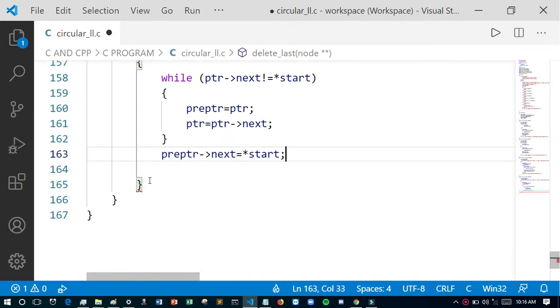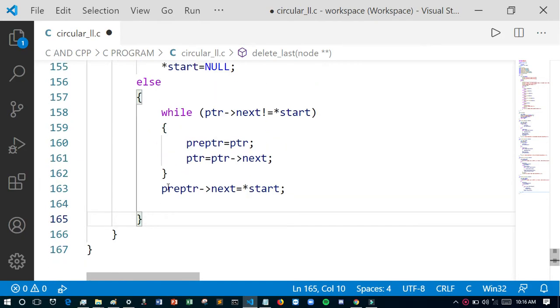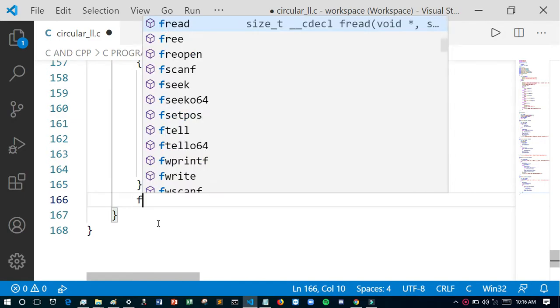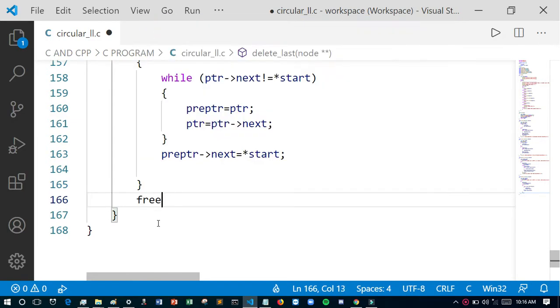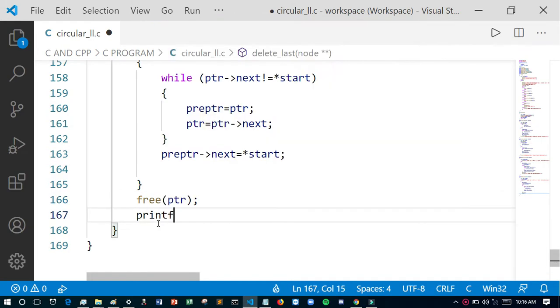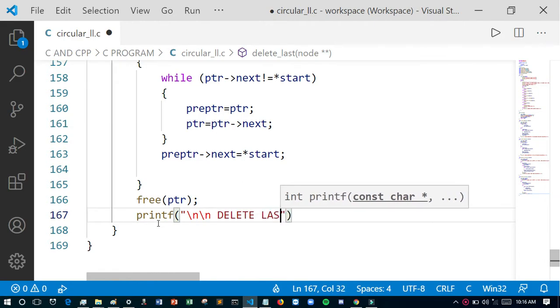In this line we will free ptr, and it will give a message: delete last node successfully.